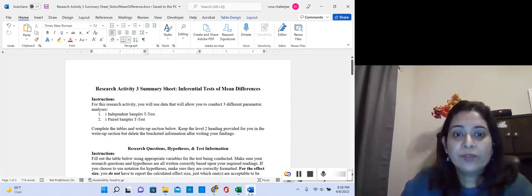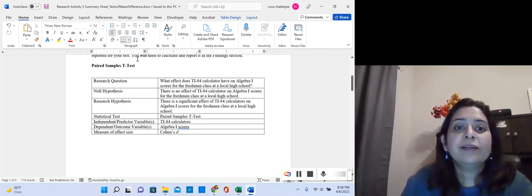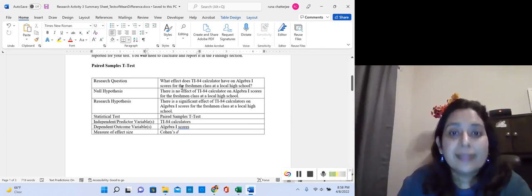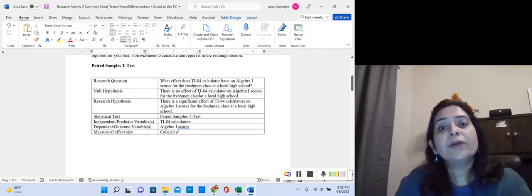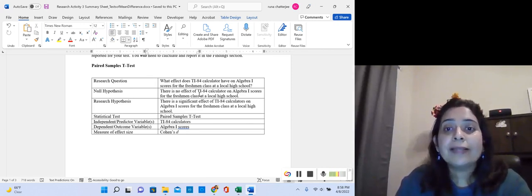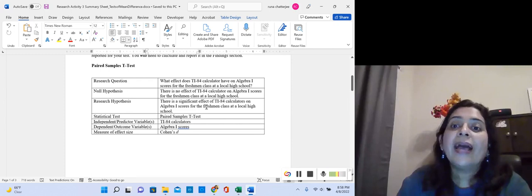Let's look at the research question. My research question here for paired samples t-test is, what effect does TI-84 calculator have on Algebra 1 scores for the freshman class at a local high school? Null hypothesis: there is no effect of TI-84 calculator on Algebra 1 scores for the freshman class at a local